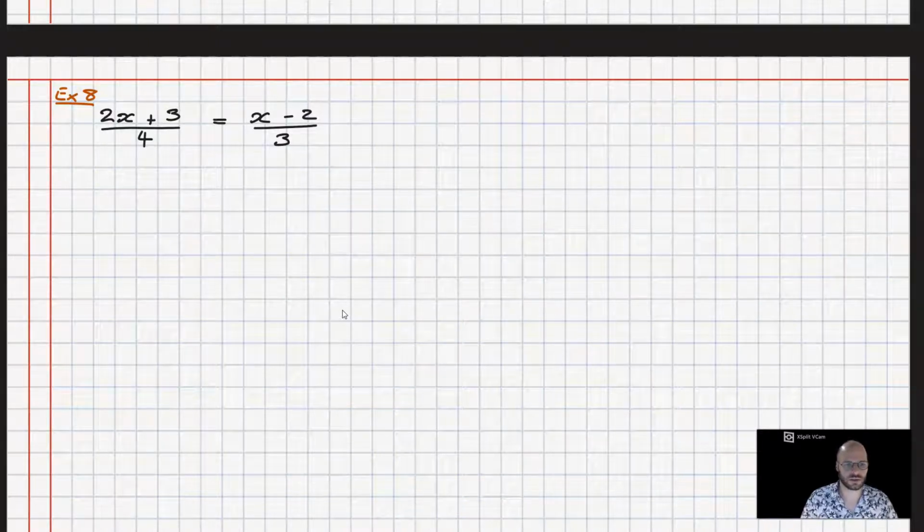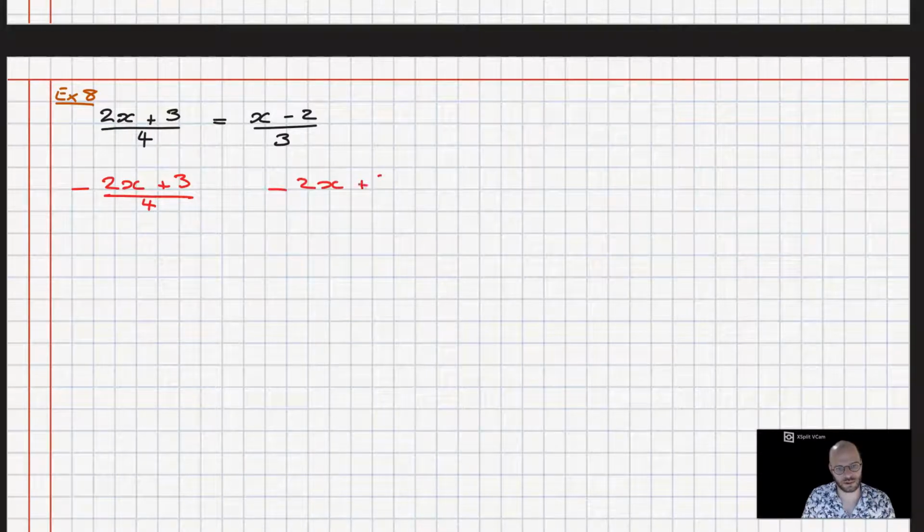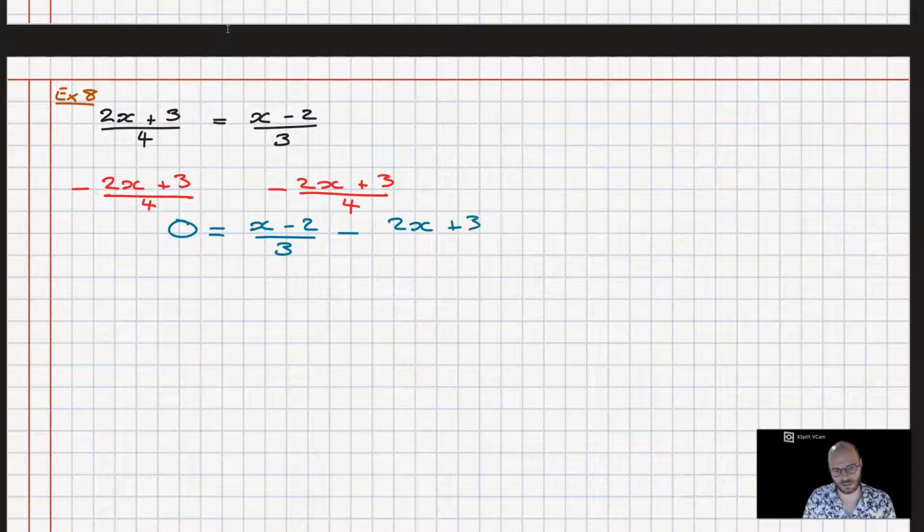So doing that, I'm going to move the left-hand side expression to the right-hand side. So that's going to look like minus (2x + 3) all over 4. Then we'll go minus (2x + 3) all over 4. That will give us 0 on the left-hand side and (x - 2) all over 3 minus (2x + 3)